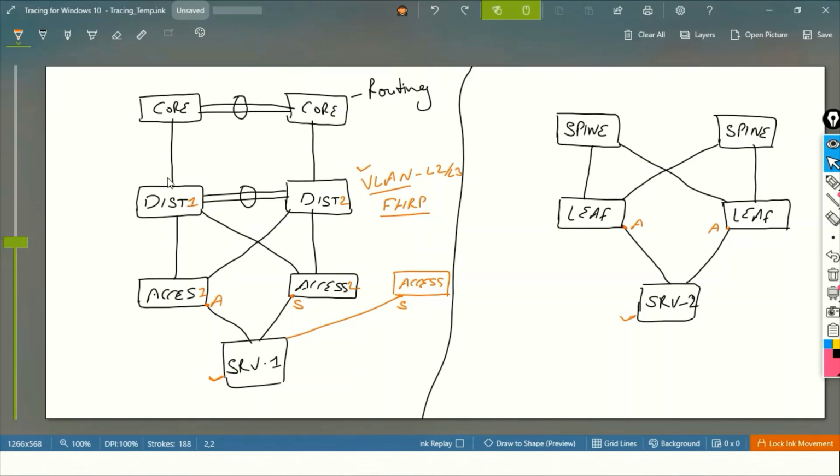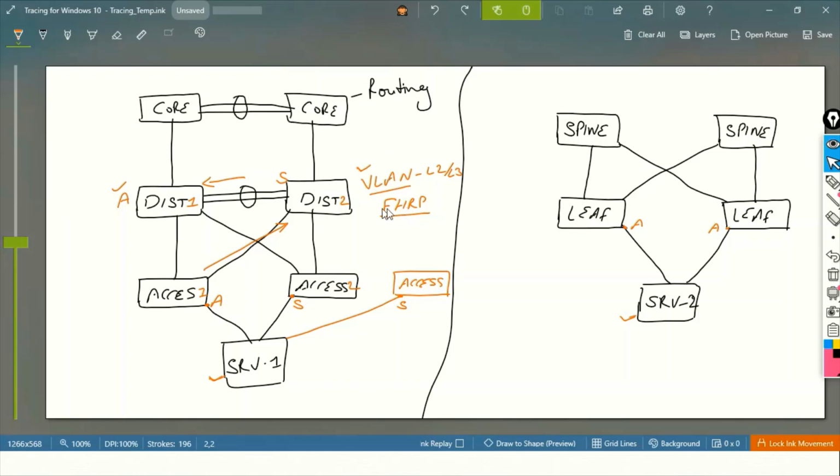So in case this switch is the active switch and this switch is the standby switch, and a request wrongly goes to this particular switch, then this switch will redirect the request to the active switch, and then the active switch will forward it.